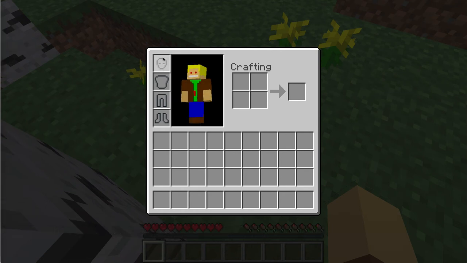So, you've got your armor slots, your crafting. You put these in the input, and then there comes the output. And then you've got a 27 spot inventory, and then a hotbar, which is the tools you can get to without opening up your inventory. You always want to keep your hotbar